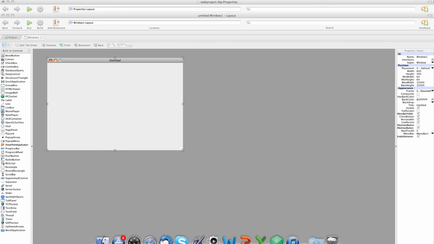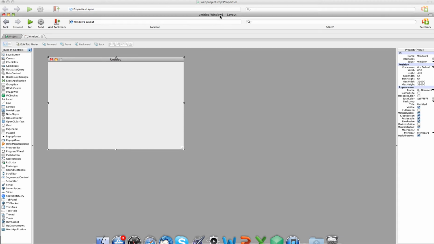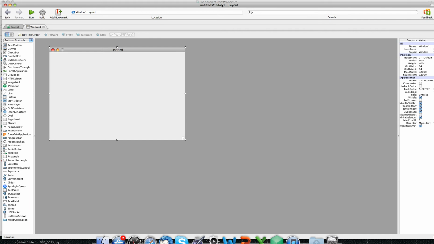Okay, so another tutorial. This time I just want to go over some more sort of basics of Realbasic. First of all, let's start with Windows, because Andrew was asking me about this. Every control that you place on a window, such as for instance a button or a text field,